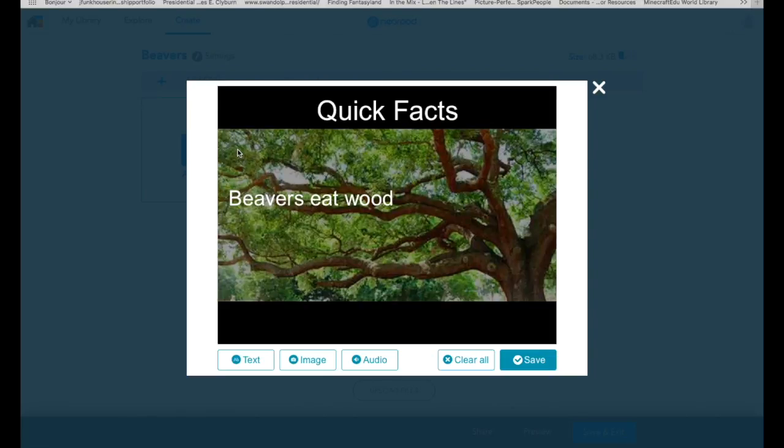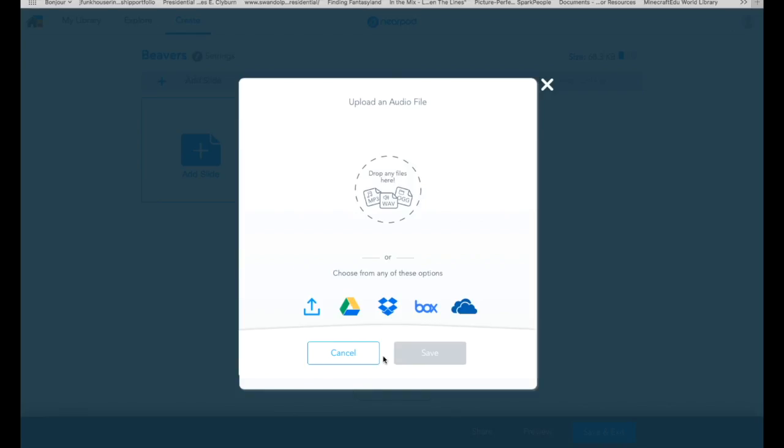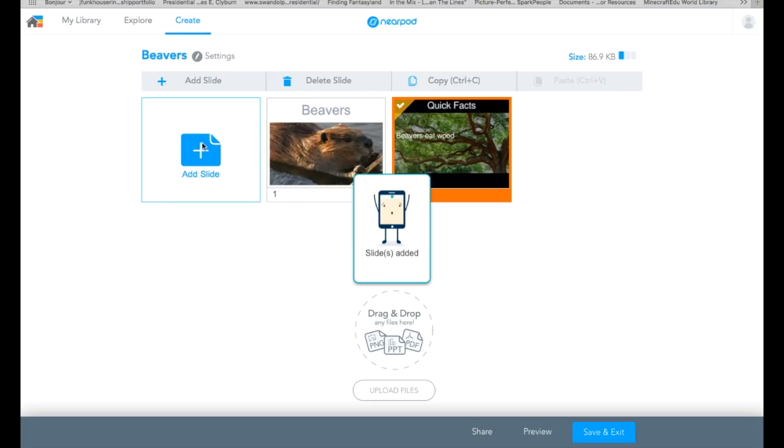As you can see here, it's given my slide a background. If I didn't have the text, then this would be the only thing on the slide. I also have the option to add audio here as well. When you look for audio, that does have to come from your computer or one of your drives. Now that I've got two slides on there,